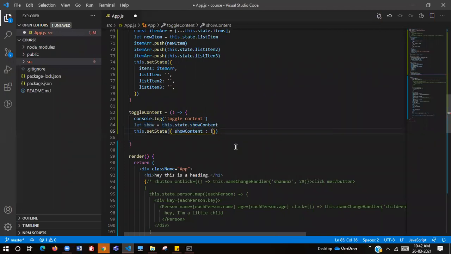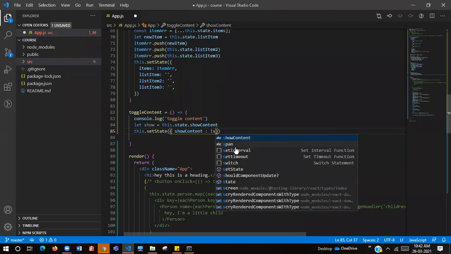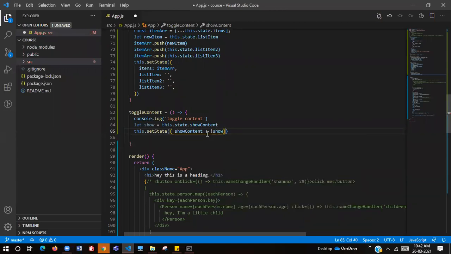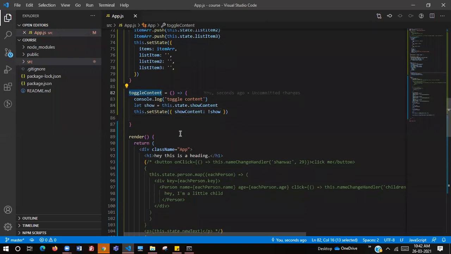Exactly, not show, right? So when we have this as true, not show will be false. So showContent will now be false when we click on this toggle content button.